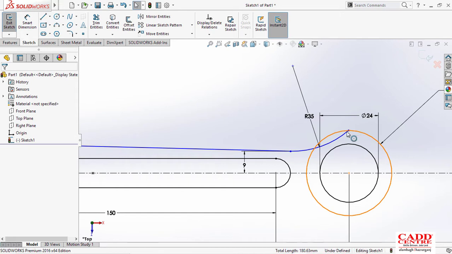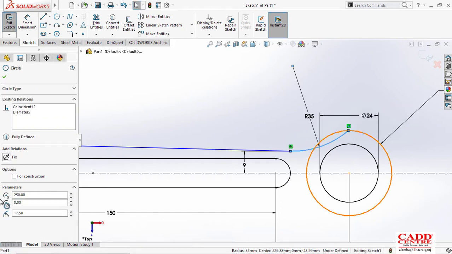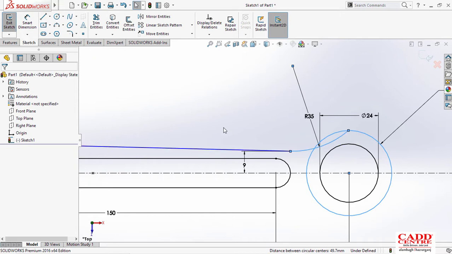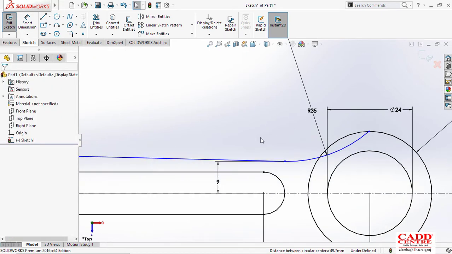Again select this arc and this line and make it tangent. Okay, so there is some minor mistake.